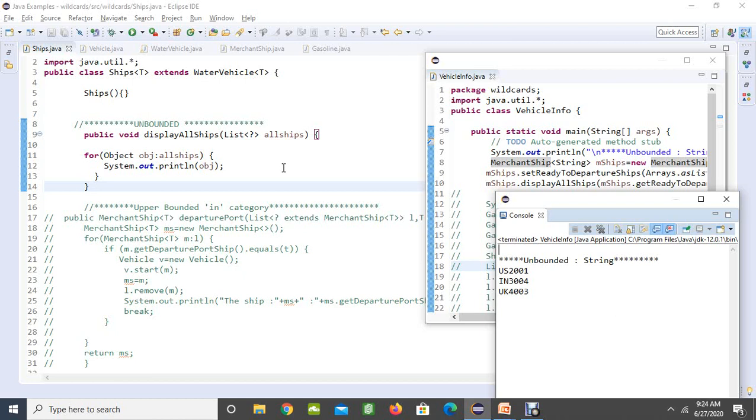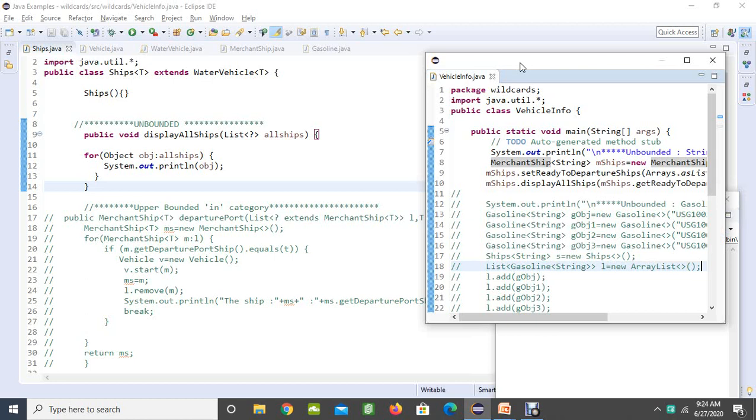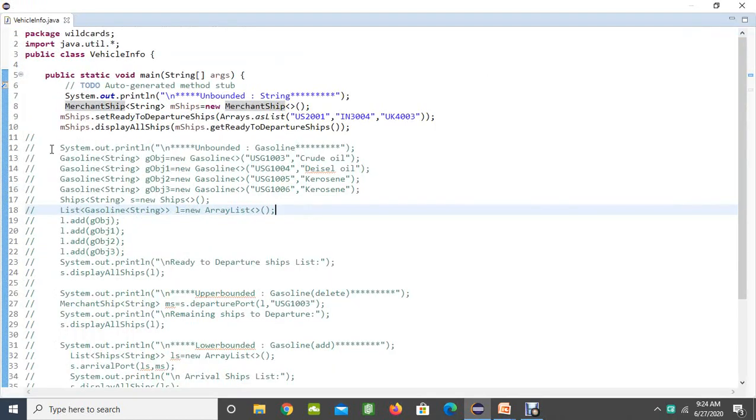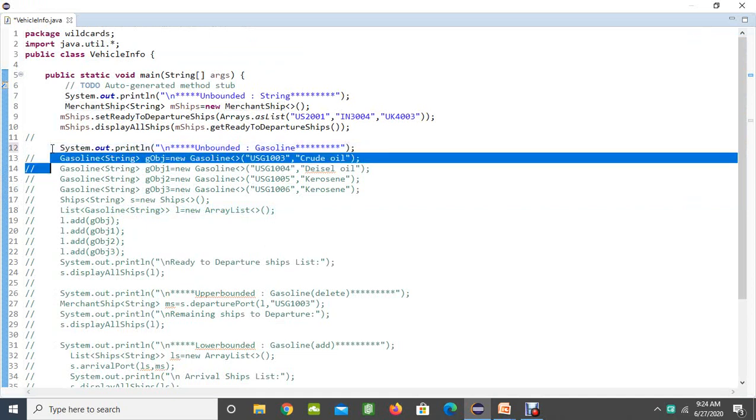Here we are sending a string, but what if you want to send all the ships of the gasoline ship? To demo this, I have created objects for 4 gasoline ships.